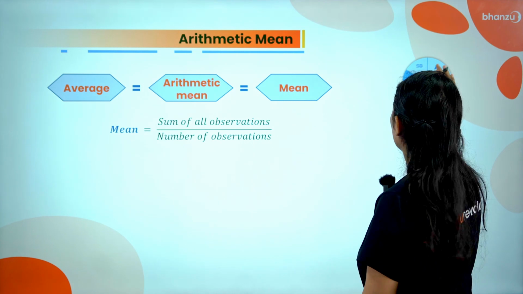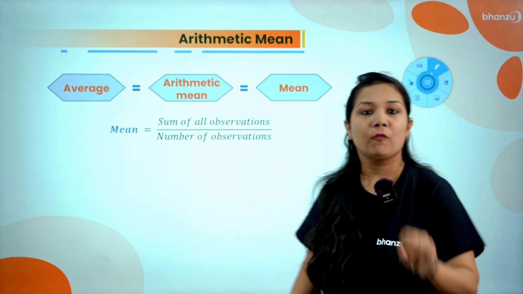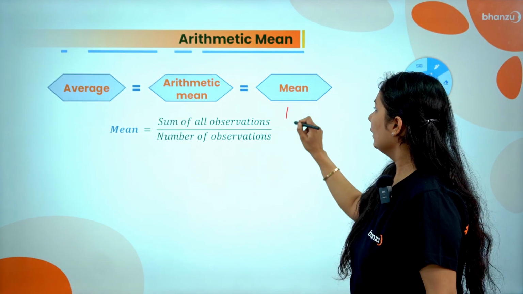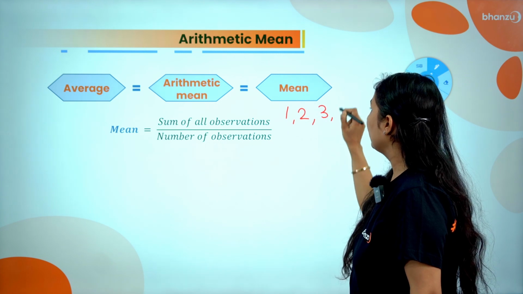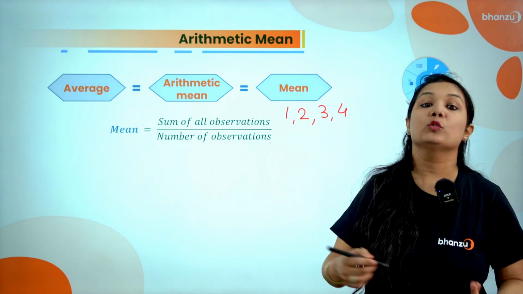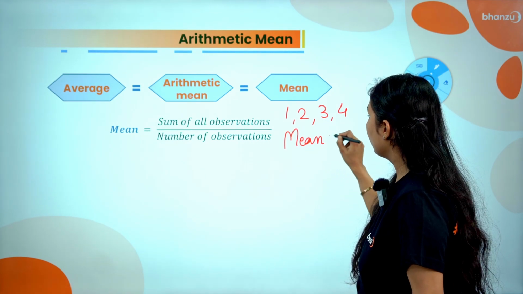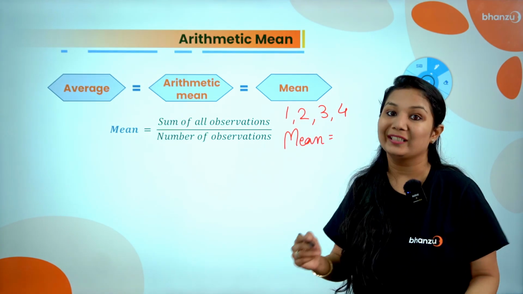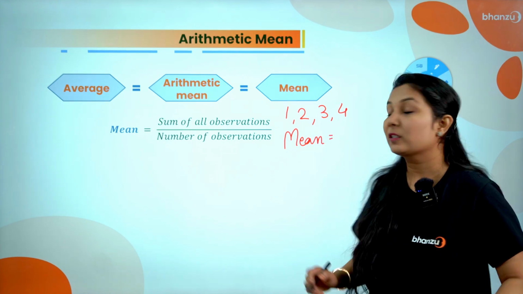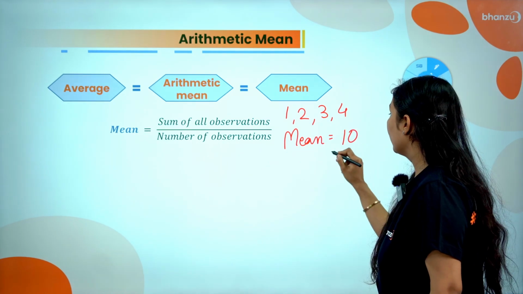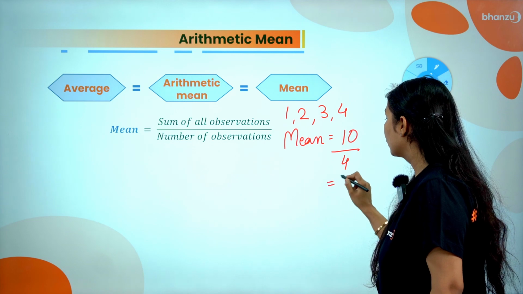Suppose if I take up a question right now where I have four numbers, 1, 2, 3 and 4, and I ask you to find out their mean. So what we will do? Mean is sum of all numbers. So 1 plus 2, 3, 3 plus 3, 6, 6 plus 4, 10, right? And what is 10 by 4? It's 2.5,